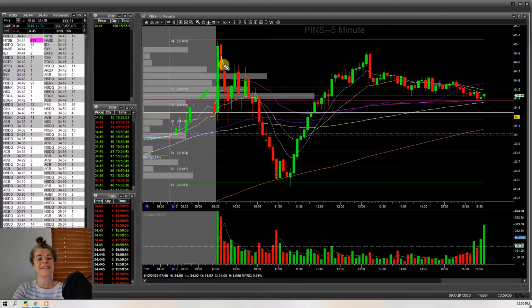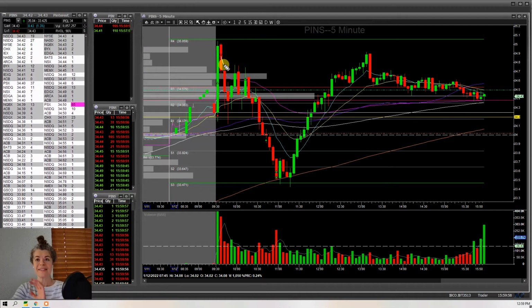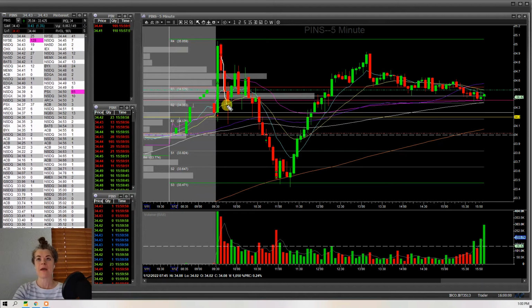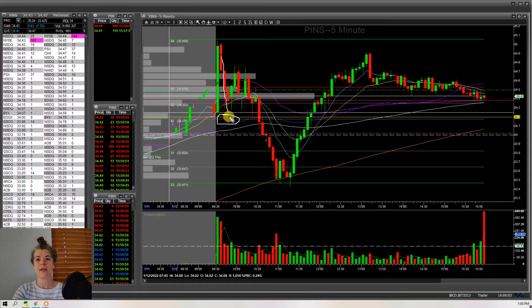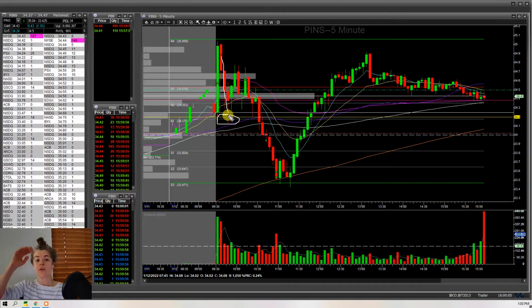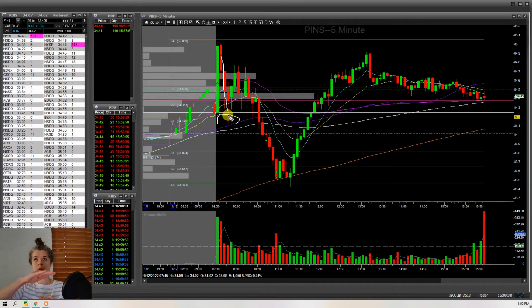We got down, and I did the same thing I did on NVIDIA, which is to my detriment this week, but I came down here. Here's my level, this yellow line. That's the bottom of that range that we're pushing up against, which at one point was resistance, then support. So I see this as a very strong level. We get down into it, and I unfortunately didn't take a partial. So when it rejected and pushed back up and the SPY was still chopping around, I thought, I'm just going to take a partial at VWAP just in case, and set my stop at break even. So I did, I took a partial, and then it started to break down,